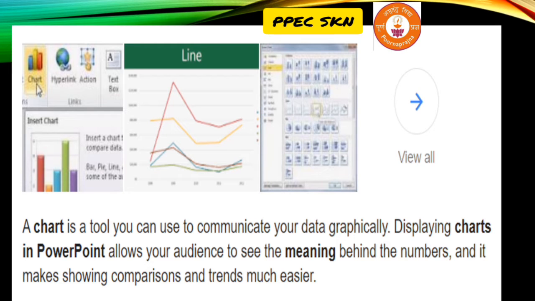Picture representations are always easier for communicating your concept. It will also help the audience to understand very easily. So a chart is a tool you can use to communicate your data graphically.